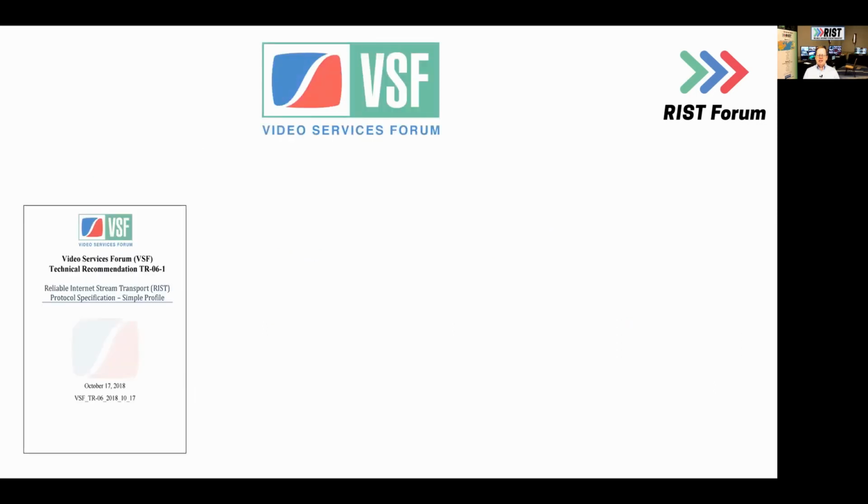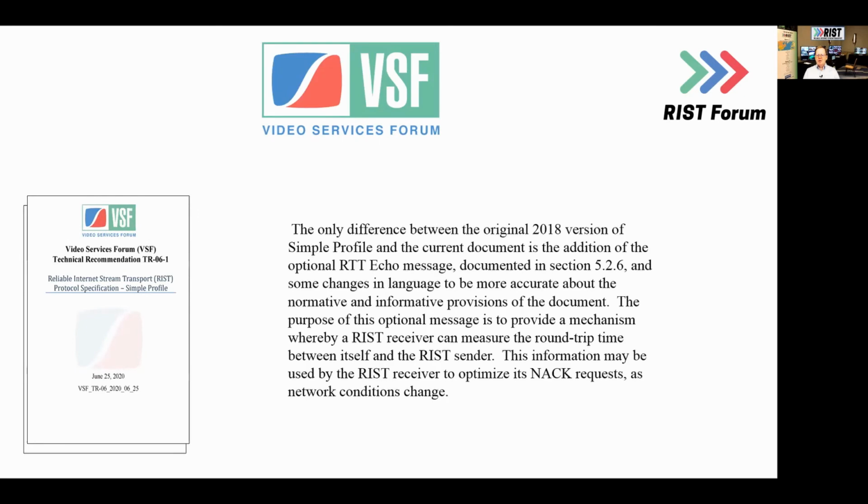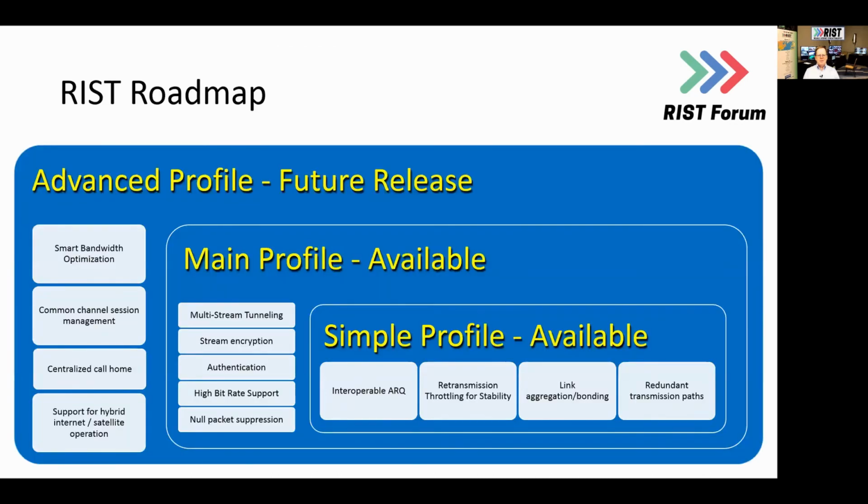Now, when we made the changes to TR06-1, there were many people who said, why did you change it? Well, the only difference between the original 2018 version of the simple profile and the current document is the addition of the operational RTT echo message, documented in section 5.2.6, and some other subtle changes. That's the advantage of RIST. Being that it's software-based, as we find ways of improving it, we can issue updates so the manufacturers can improve their product and issue a software update to the end users, improving the quality of the product that's already in the field. So here's a list of the profiles: the simple profile, which is available, the main profile,